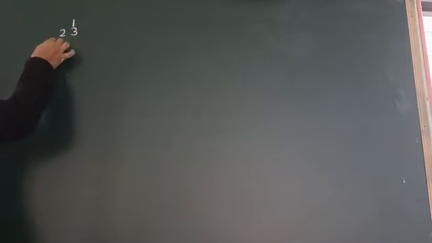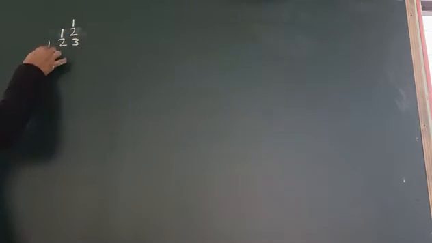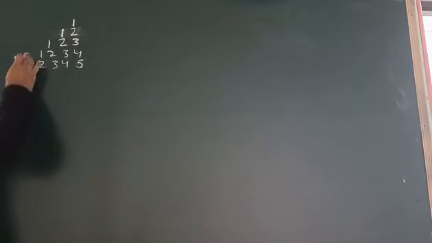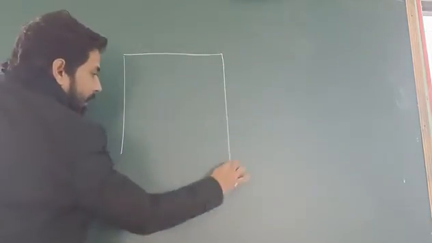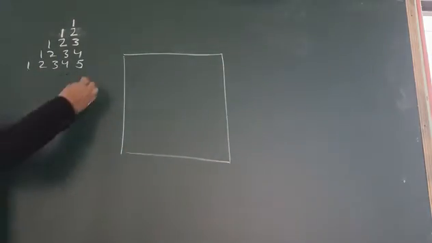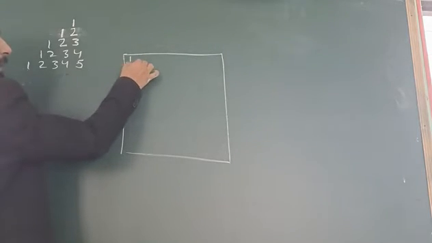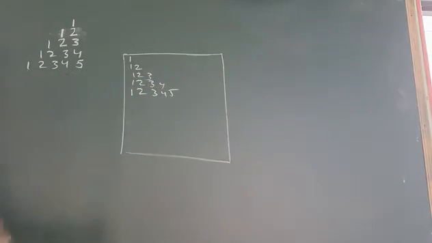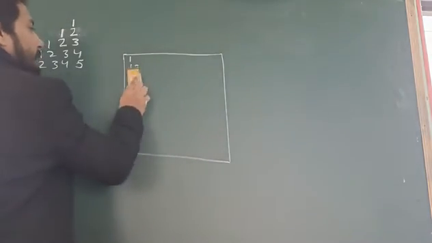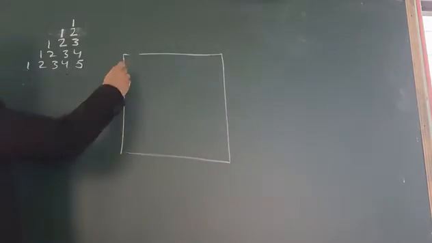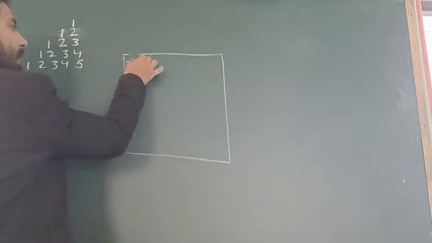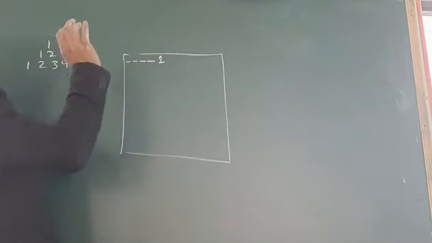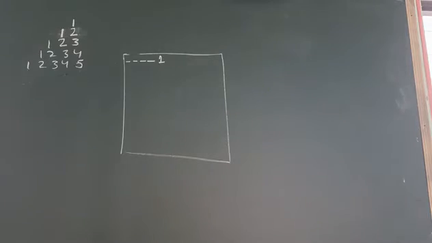1, 2, 3. Somewhat difficult. 1, 1 2, 1 2 3, 1 2 3 4, 1 2 3 4 5. Here you can see, suppose this is your computer screen. Here it does not start at this point. If it started at this point, then there would be no problem; we can easily do that and we have already done it. But here it does not start like this. It starts here. First they put the space: 1 space, 2 spaces, 3 spaces, 4 spaces. Then they put the 1.